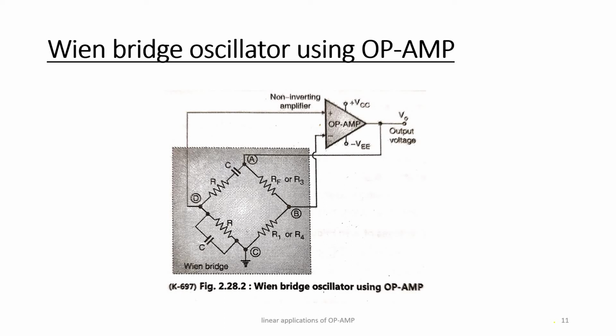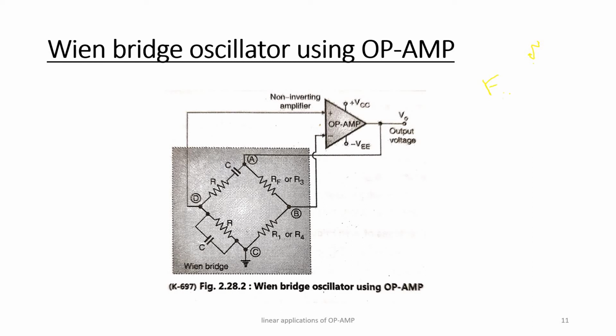The op-amp output is applied as an input voltage to the Wien bridge between points A and C. The output of the Wien bridge, which acts as a feedback network, is applied to the op-amp input between points B and D. The RC components in the frequency sensitive arms of the bridge will decide the oscillation frequency. The expression of the oscillation frequency is